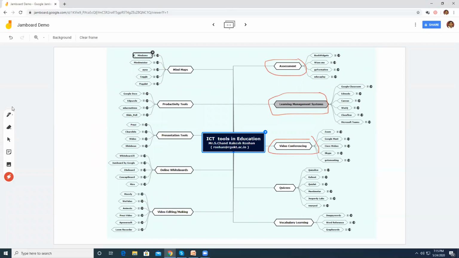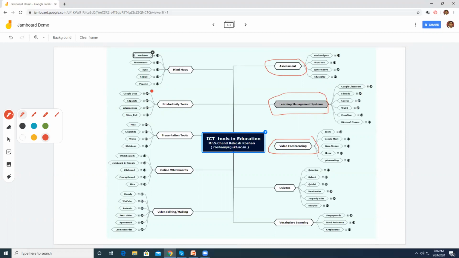And this is all about the tools. If you have the app, you can download the same Jamboard app from Play Store. Now it will have a little more functionalities. Here you will find one more assistive drawing, like you draw a shape automatically. If you draw a rough circle, it will take it as a circle. I mean, square, triangle. I cannot show you here because the functionality is not available in the web browser. So if you want to work with the app, download it and explore it. You'll love it.